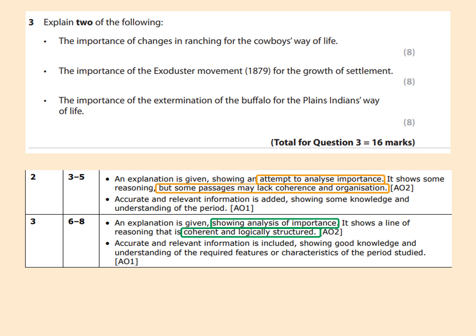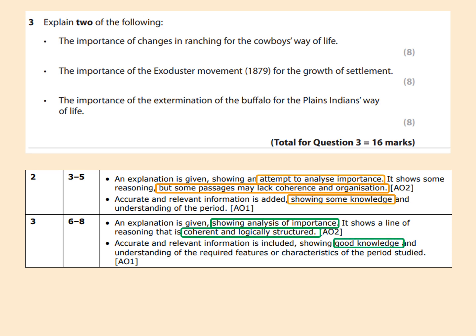Compare that to level 2 though rather, where some passages may lack coherence or organisation. Perhaps your examples are very isolated and unrelated and unlinked. When it comes to the knowledge though, in level 2 it shows accurate and relevant information is needed, which means that you've actually got your stuff right, showing that you've got some knowledge and understanding of the period,